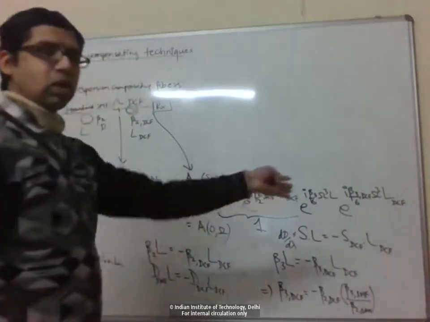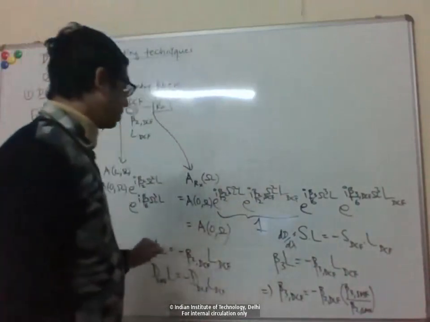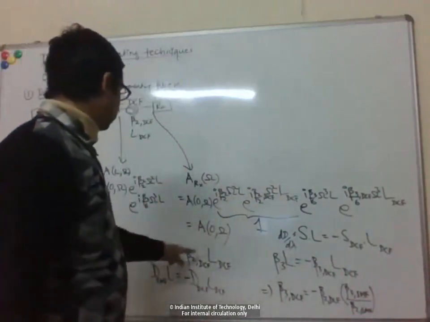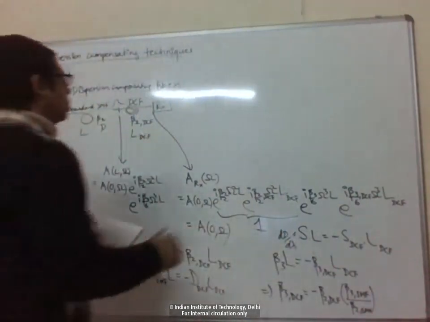How do you compensate for dispersion along all the channels? You can actually do that if you have such a fiber, which satisfies this beta 2 and beta 3 condition, right? Why? So,